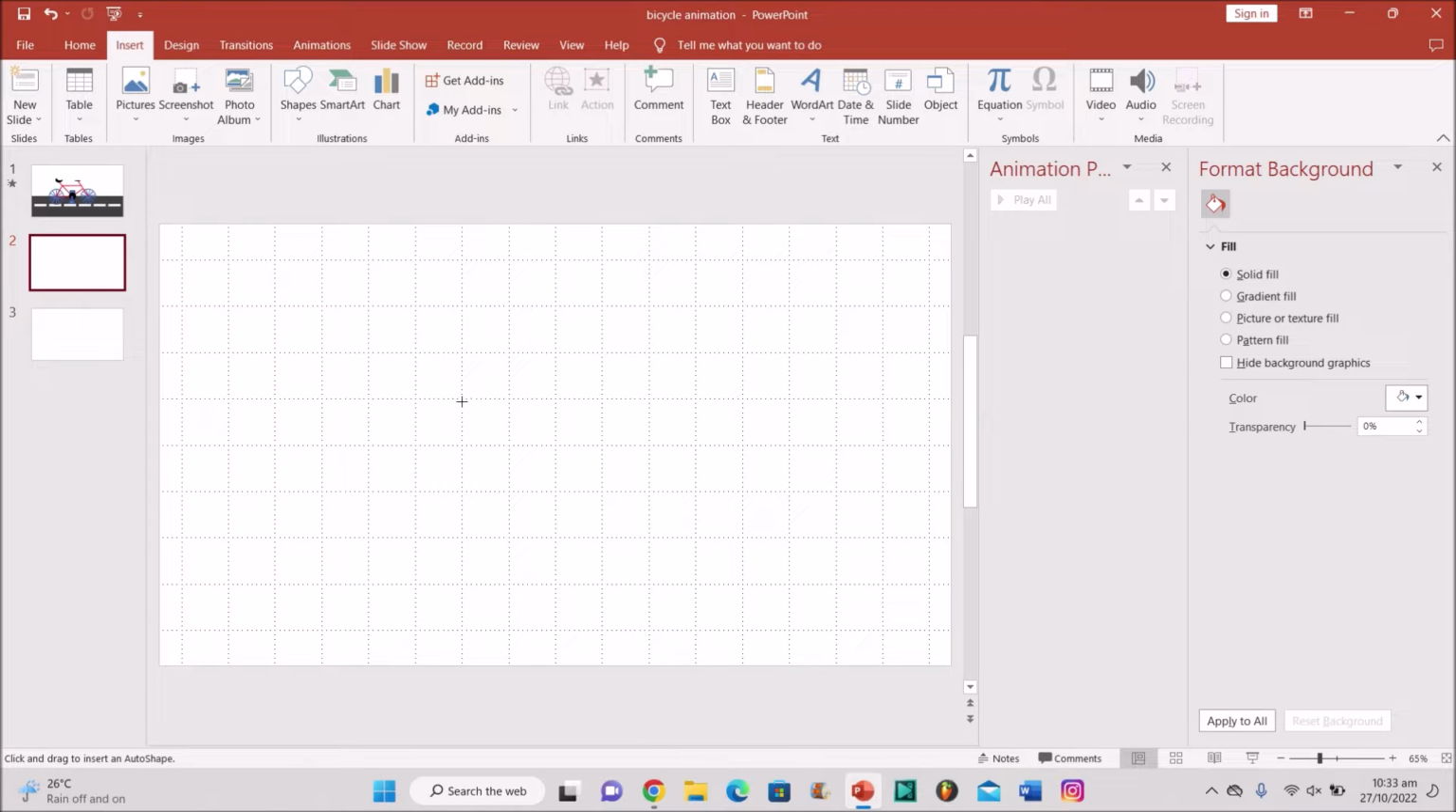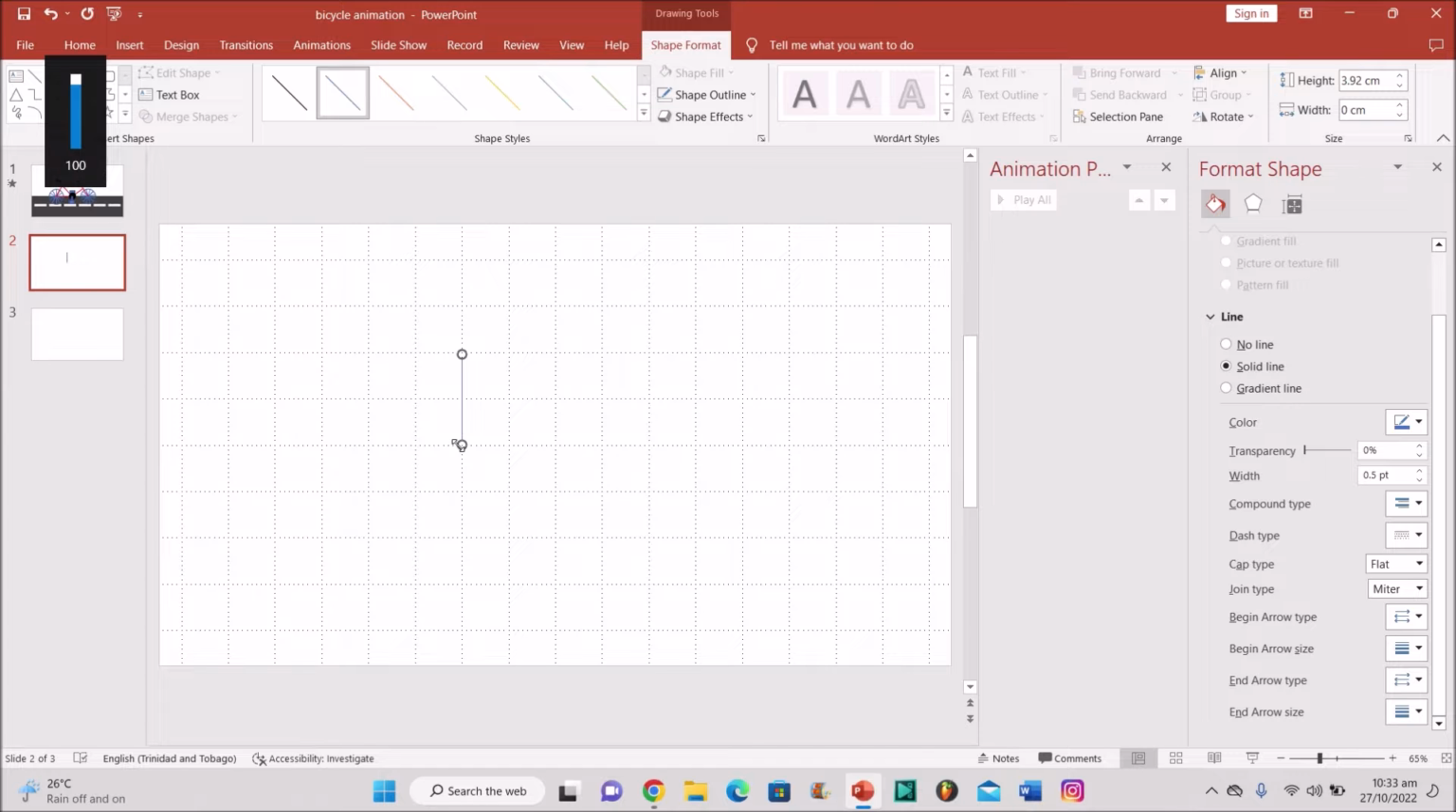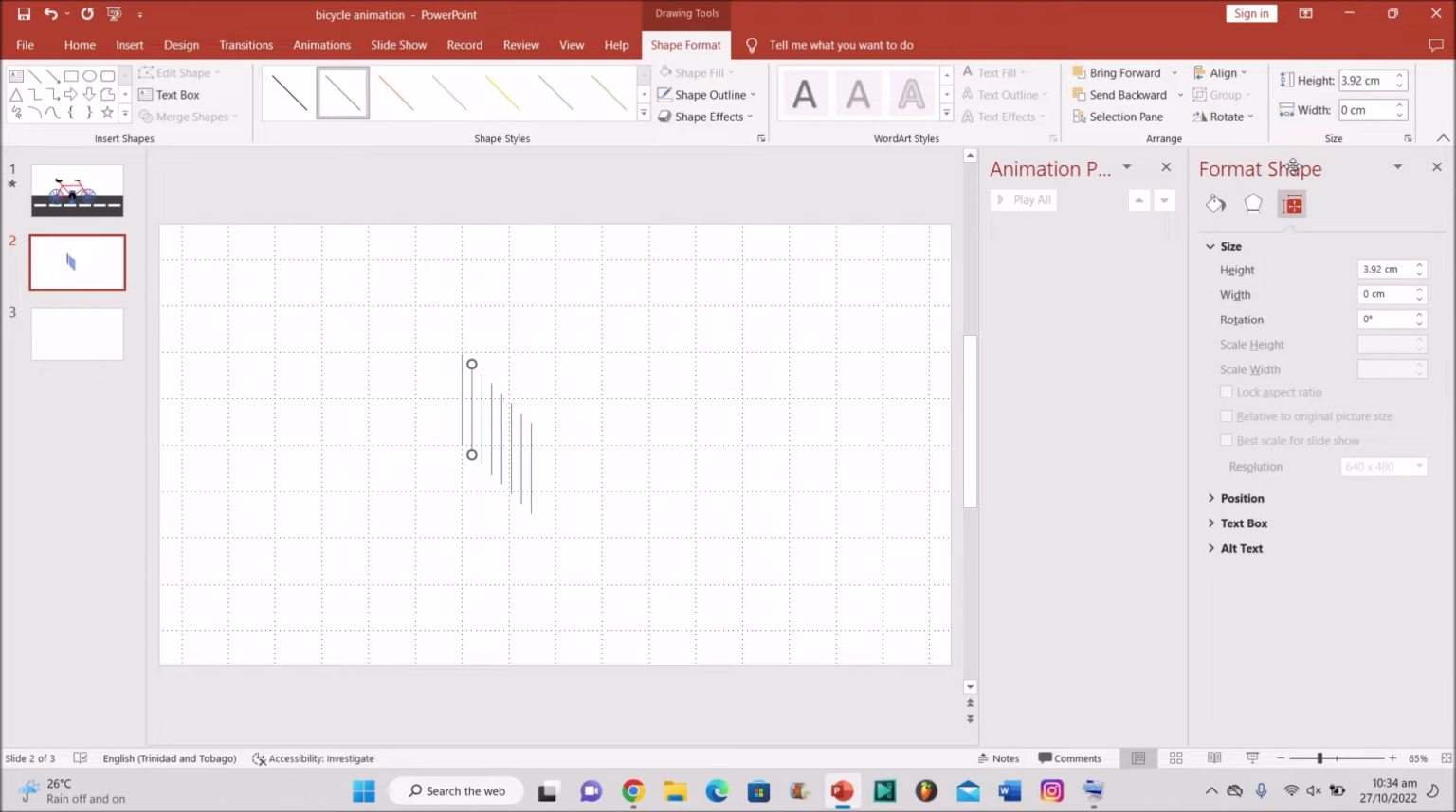So let's start. We're going to create the bicycle wheel spokes. Just going to select a line shape. And we have our line, and we're going to duplicate that 7 times. 1, 2, 3, 4, 5, 6, 7. We're going to go under format shape. Under rotation, we're going to move each line by 30 degrees. So this one will be 30, this one will be 60, this one will be 90, 120, 150, 210, because we have to skip out the 180, and